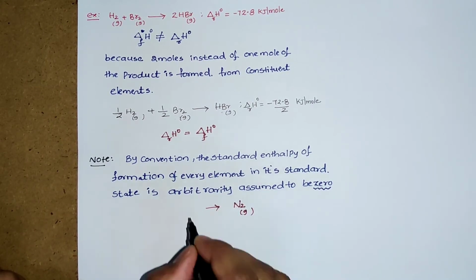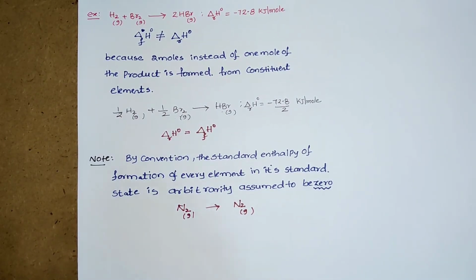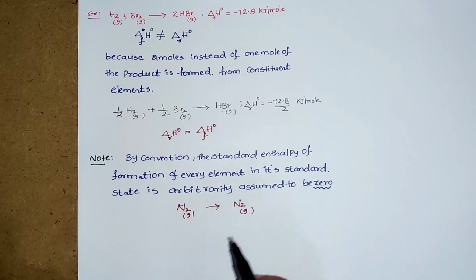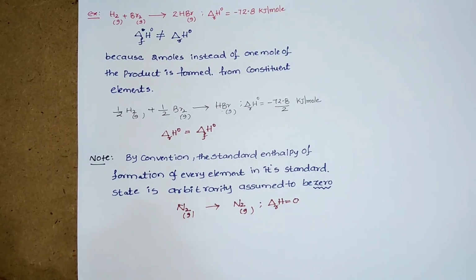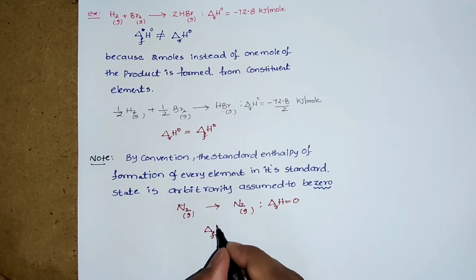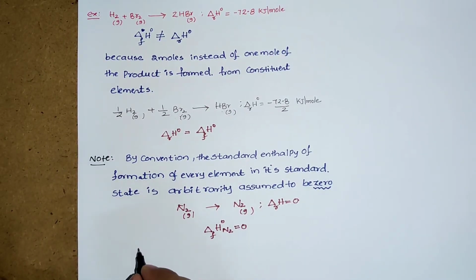What is the most stable form of it? It is again nitrogen gas. Do both have the same energy or different energy? Same energy. When the reactants and products have the same energy, is there any change in the enthalpy? No. That's why the enthalpy of reaction is always equal to 0. Once the enthalpy of reaction is 0, the standard enthalpy of formation of nitrogen N2 is also 0. Similarly, suppose the standard enthalpy of formation of hydrogen H2 is asked, then what do you write? It is the most stable form, so it is 0.